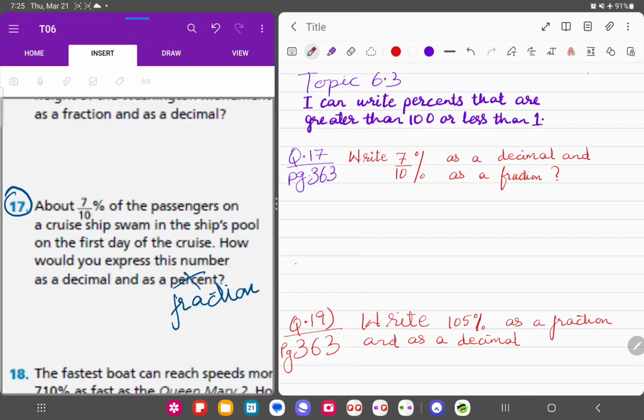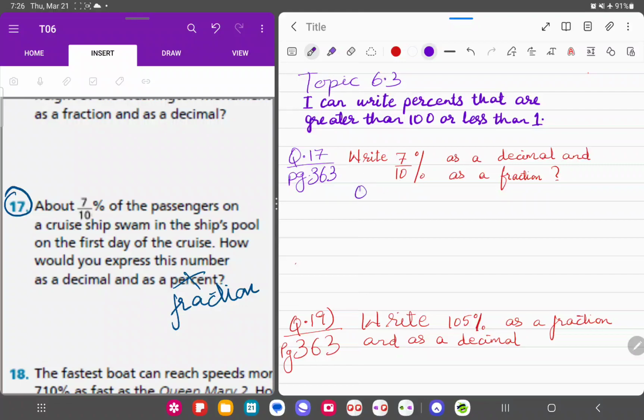I have taught you that when you're dividing a number by tens or hundreds or thousands, the decimal simply jumps to the left, and the number of jumps that the decimal takes depends on the number of zeros that the denominator has at the end. So here we have 7 over 10,